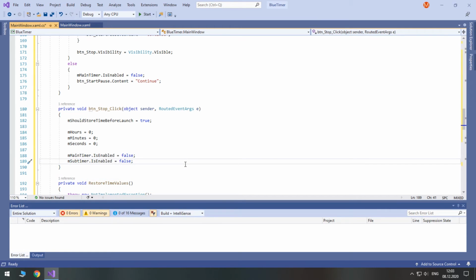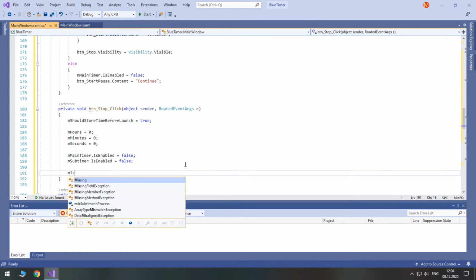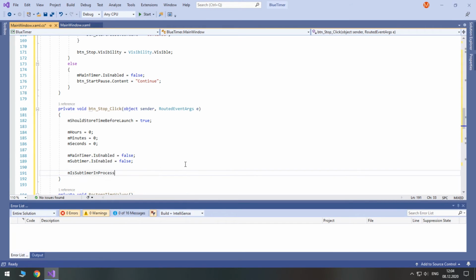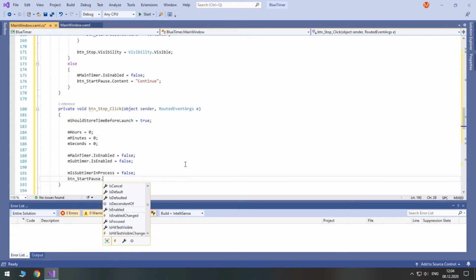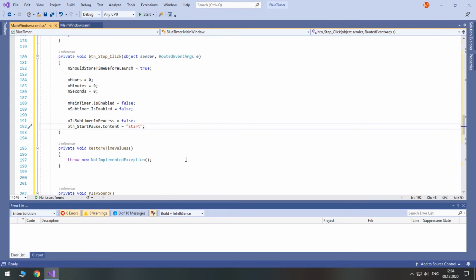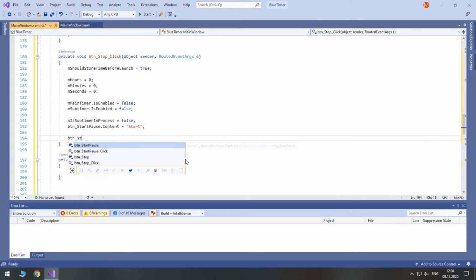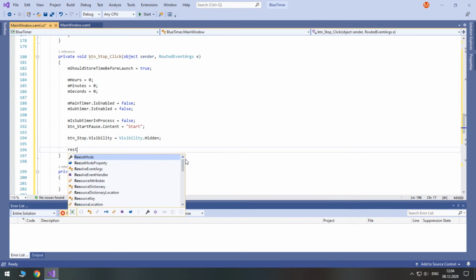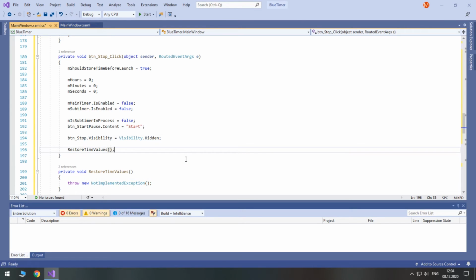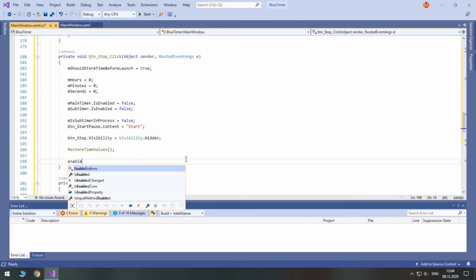Don't forget to set M is subtimer in process to false. Also, we should hide the stop button. Restore time values and enable presets.